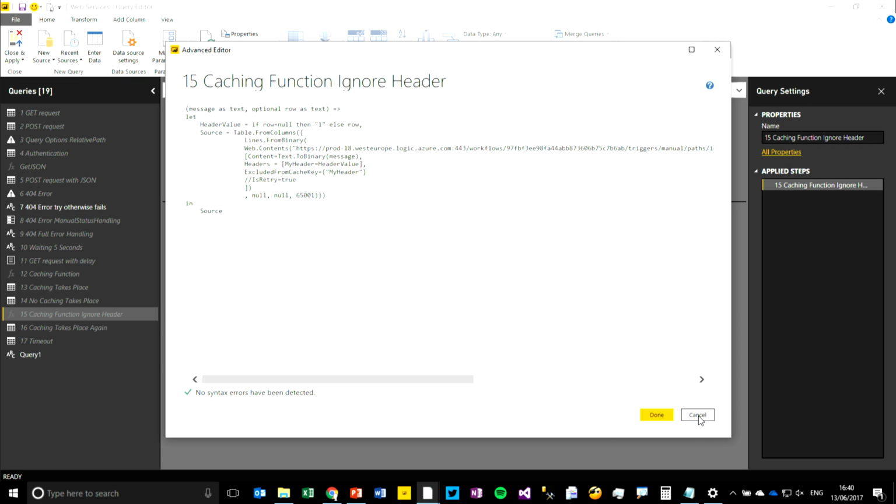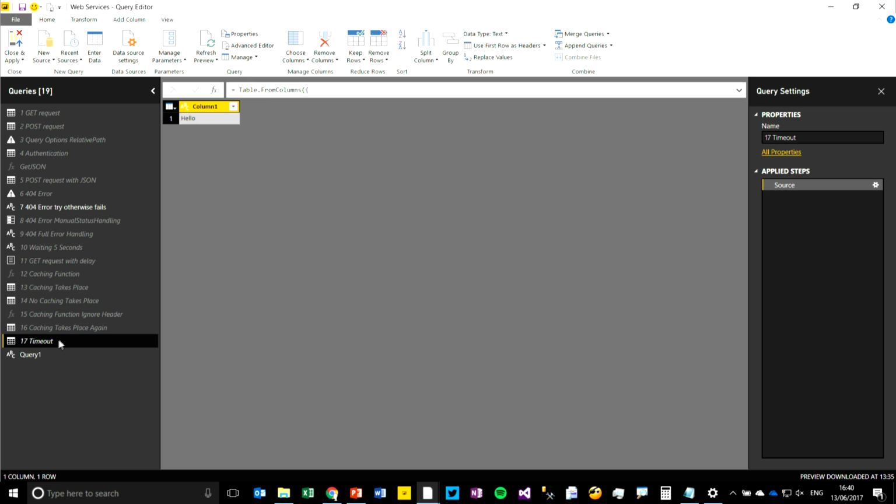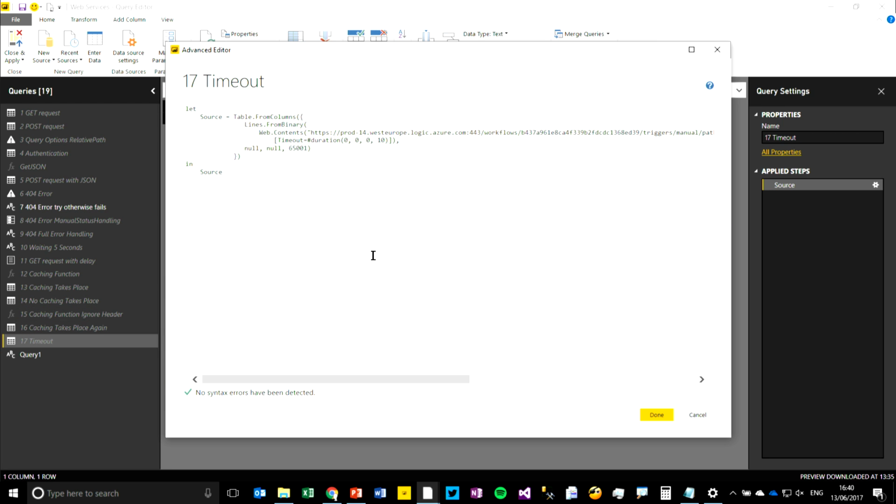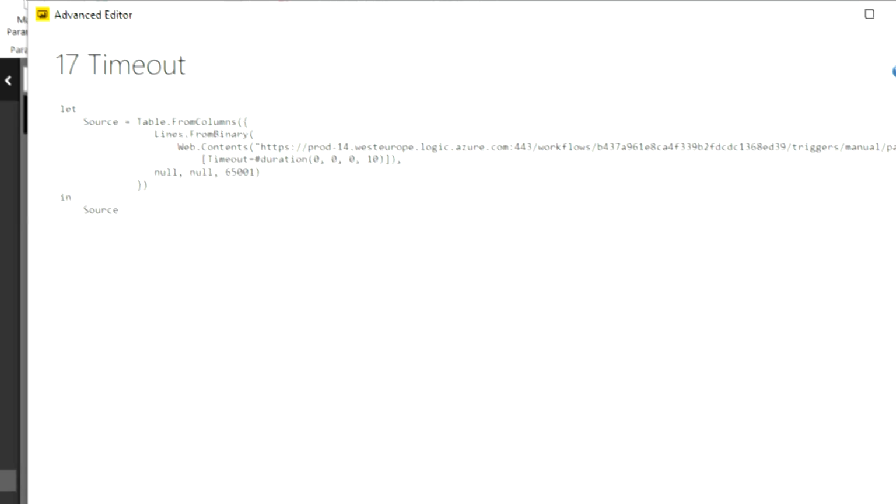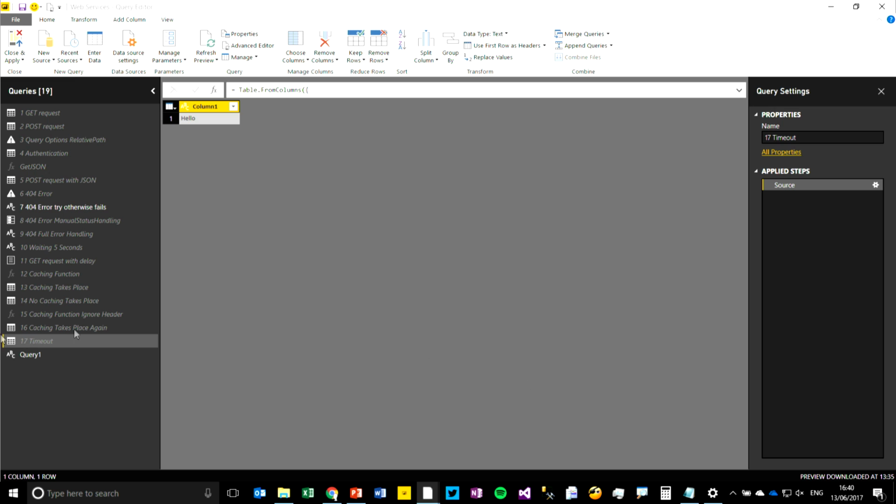So that's that. I've also got the option here of setting a timeout as well. So there is a timeout option, which again takes a duration. And if I don't want to wait more than 10 seconds, I can do that and it will fail. But I'm going to skip those demos very, very quickly because we need to get on to the very, very last bit, which is talking about